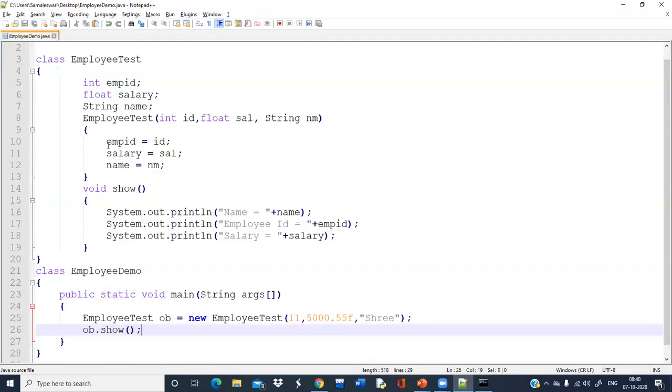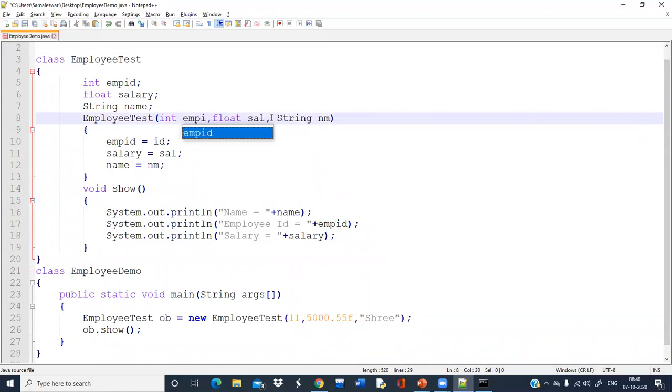So the point here is, if the names of the local variables are different from the instance variables, then we don't have any problem. The problem will come whenever we provide the same variable name as the instance variable.